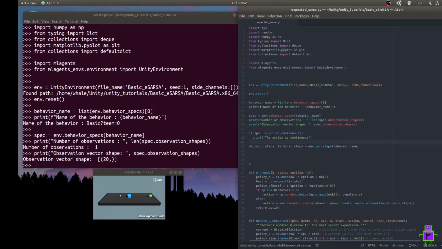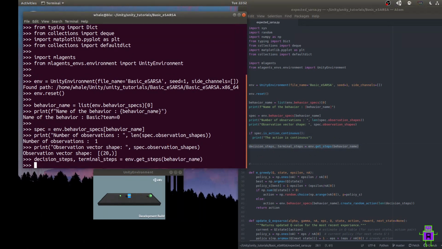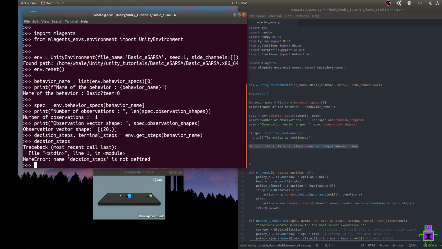And you can also ask, is the action continuous or is the action discrete? And we know our action is discrete, so no worries there. So the next important thing that you need to do is get the decision steps and the terminal steps based on the behavior that you're training. So we can just run this command that says env.getSteps based on behavior name. And that gives us this thing called decision steps, and you've got to spell it correctly,